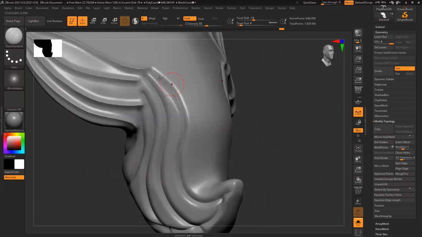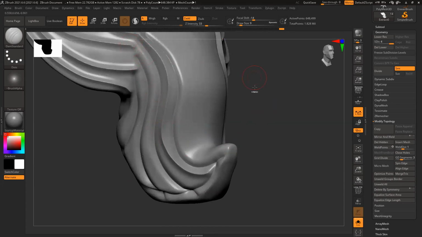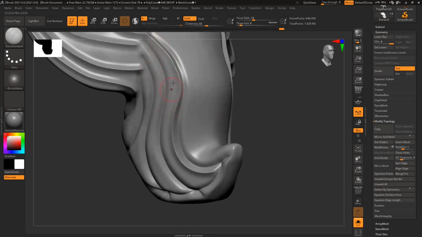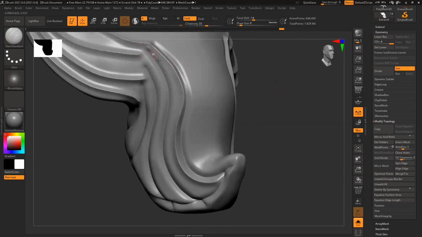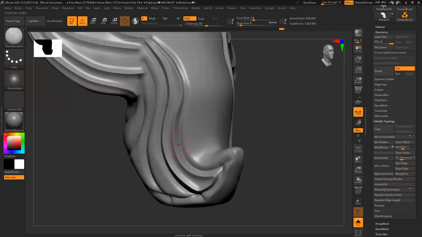Now to continue this, make it really prominent. One mistake, this should follow the corner. So create that shape.